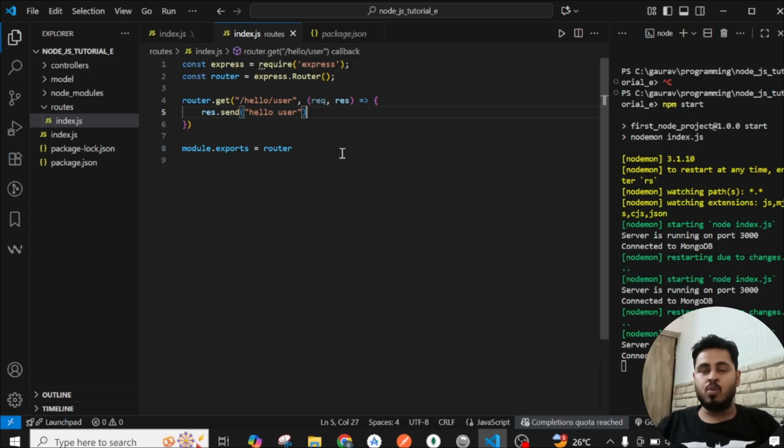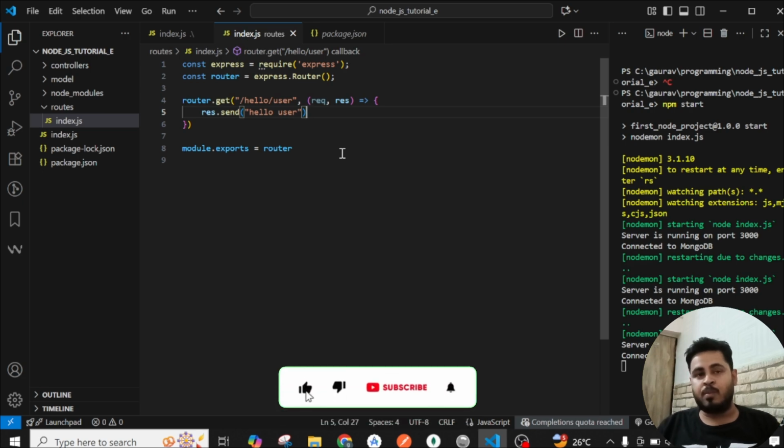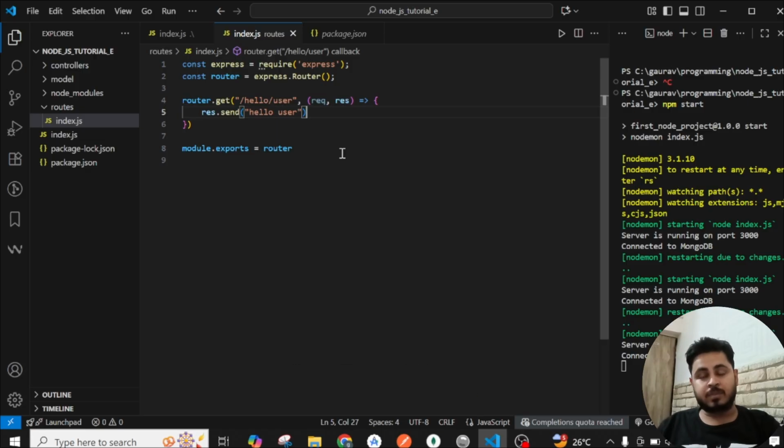Suppose when you call a particular API, you send certain data. Suppose you are on Facebook, then you log in. At the time of login you pass your username and your password. This is the data which you pass from the client, and this data comes here and